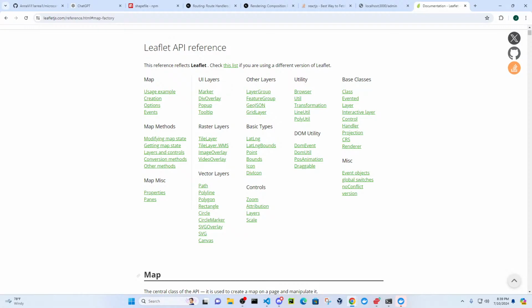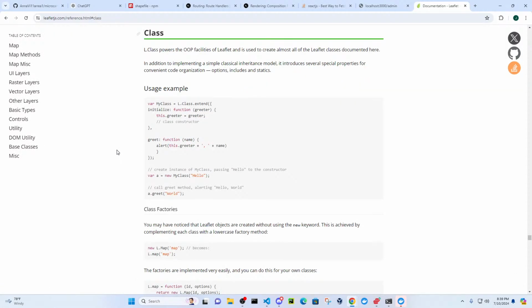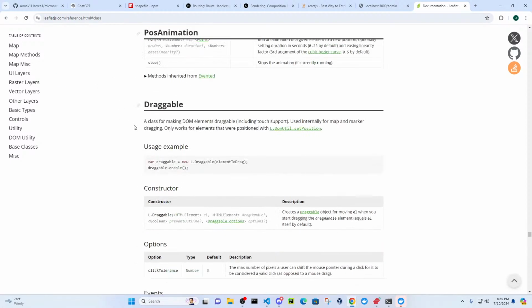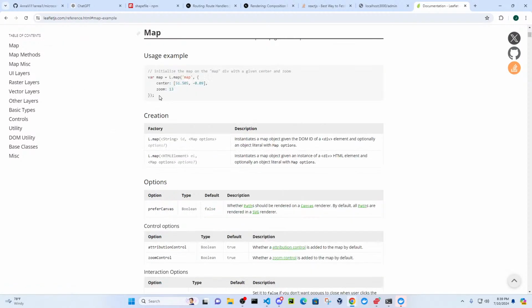Methods. Let's see. Yeah, so this looks like